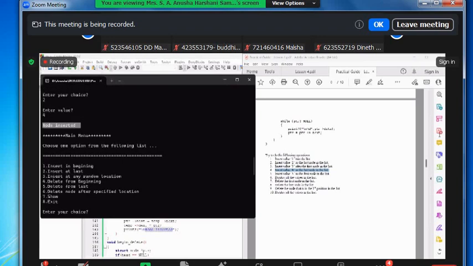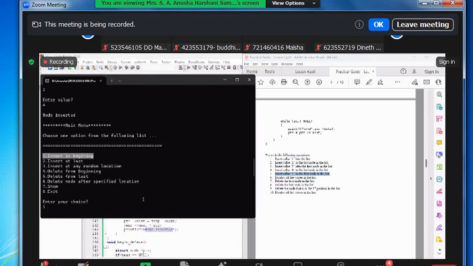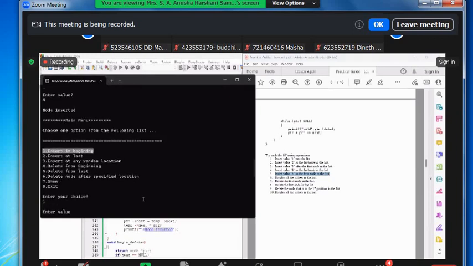Okay. Then I check the fifth question. Fifth question is inserting the number 5 as the first node. Therefore, I choose the option 1 again. And in the option 1, it is asking